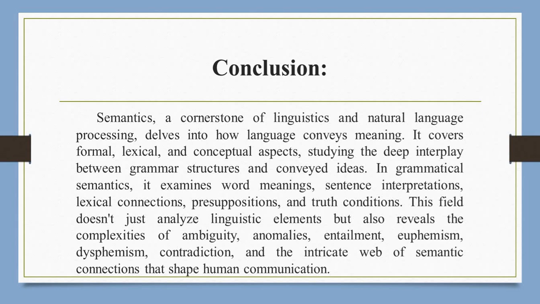In grammatical semantics, it examines word meanings, sentence interpretation, lexical connections, presupposition, and truth conditions. This field doesn't analyze linguistic elements only, but also reveals the complexities of ambiguity, anomalies, entailment, euphemism, dysphemism, contradiction, and the intricate web of semantic connections that shape our language,